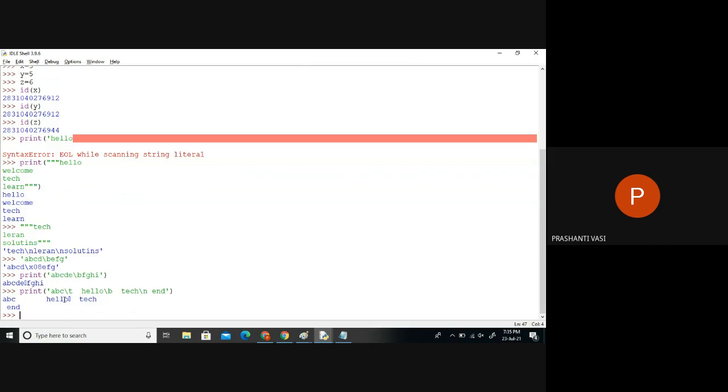Hello, only backspace is not printed. Backspace is not showing its effect. Actually, backspace means it should delete this letter, but instead it's just showing this square box. Then tech, and after tech, what is the letter? Slash n. Slash n means the enter key. When you press enter, the output should go to the next line, the cursor goes to the next line, and after that, End is printed on the screen. So enter and tab are working, but backspace is not working in Python.